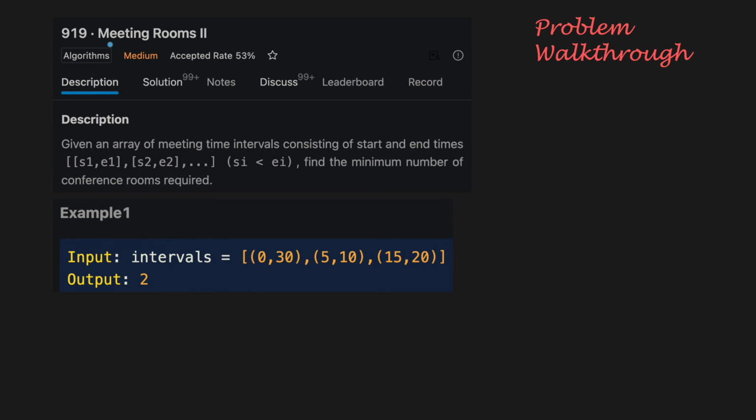Today we'll solve the problem Meeting Rooms 2, Leetcode 253. And like Meeting Rooms 1, you can choose to solve this problem for free on Leetcode, as it's a premium